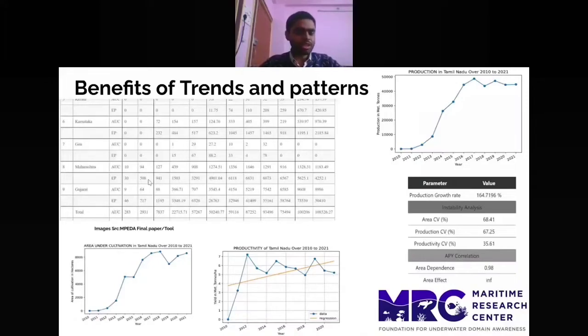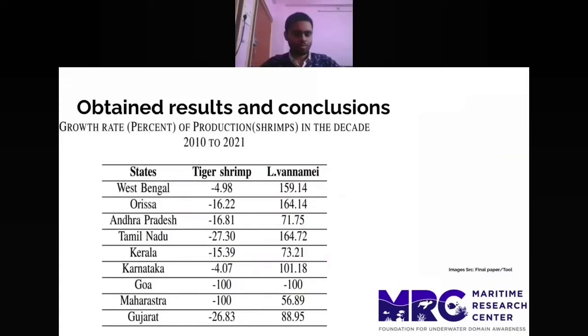So one can see that it is too difficult to just see these numbers given on the web page. But if we have a tool that can give all sorts of visualizations and calculations in one place, it will be much easier for farmers or stakeholders to decide which steps can be taken. If we see the obtained results about the growth rates of the tiger shrimp and the white leg shrimp, or Vannamei shrimp,